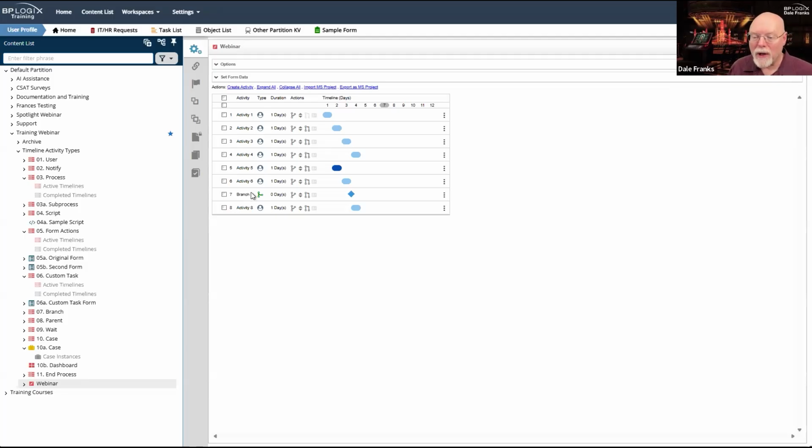What's going to happen when it hits my branch activity is it's going to start running activity 3. Also, once the branch activity is fired, it's going to run activity 8 as well. So at that point, I will now have 2 separate activities running at the same time.